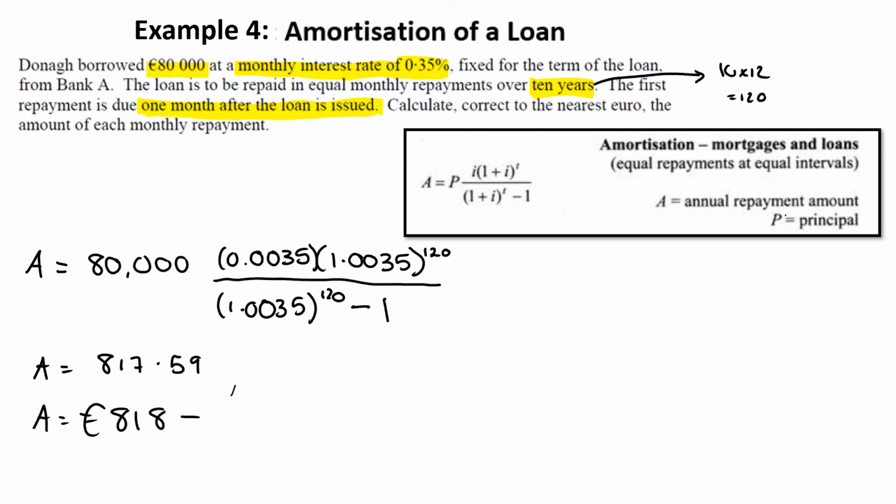Now, you don't have to use that amortization formula. The amortization formula actually comes from the sum of a geometric sequence. So you can set these up as a sum of a geometric sequence. My question is, why would you when you have that formula there? To get a better understanding of the formula,